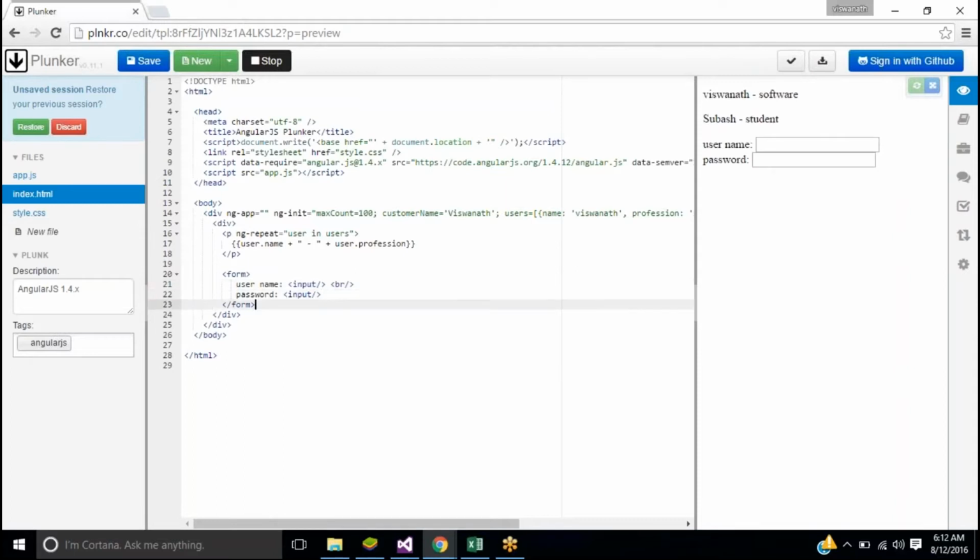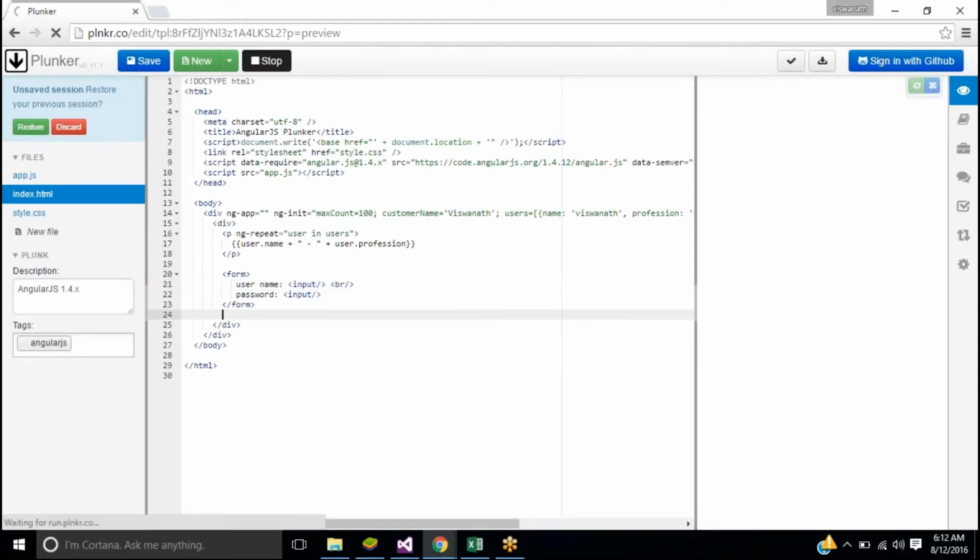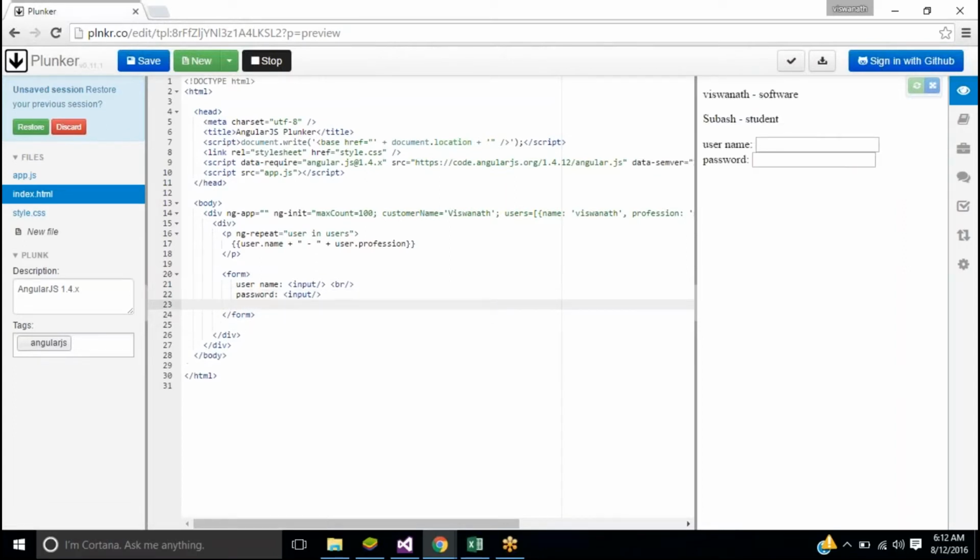Now let's say it's just a login form. Let me have a submit button also. Button, submit. So this is my login, right?